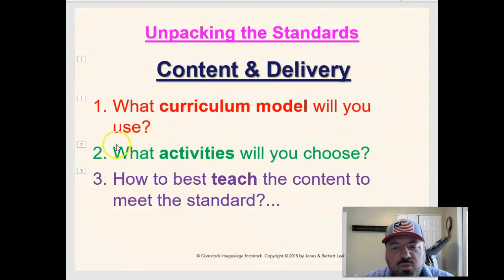So then it's critical, what activities will you actually choose to teach? These are the actual lessons. So you've looked at the standard, you've looked at the grade level expectation, so you've broke down that standard to kind of a skill. You looked at the curriculum model, how do you think you're going to teach it? And then you pick the activities you think you need to teach. Now you may bounce back and forth here between number 1 and number 2. You might choose a curriculum or instructional model, and then when you look at your activities, you might have to alter that model by the activity. That's perfectly okay. That is really designing effective curriculum.